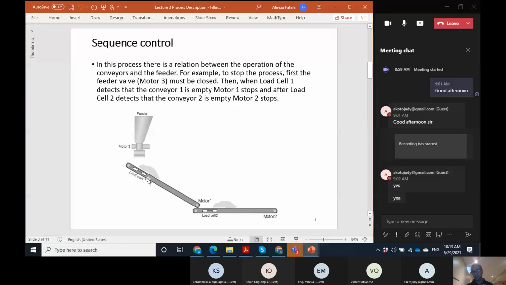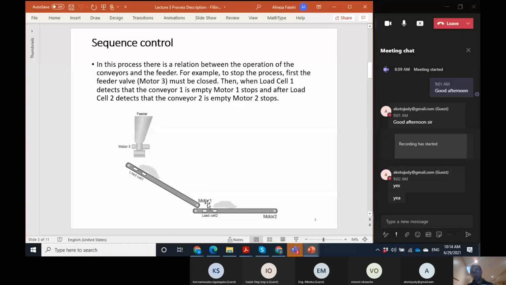If it is empty, there's no material, so the weight is light. So by measuring that, or by considering some duration, after this closes,